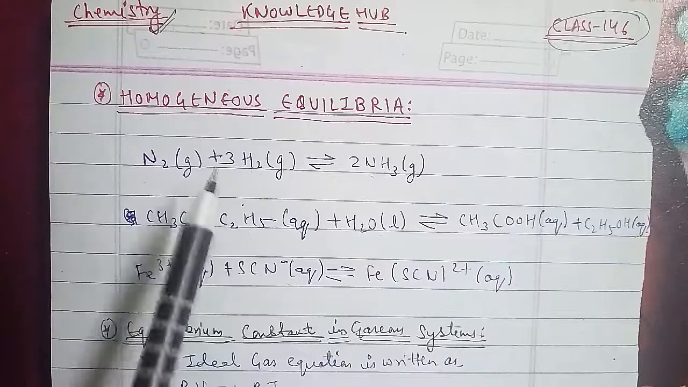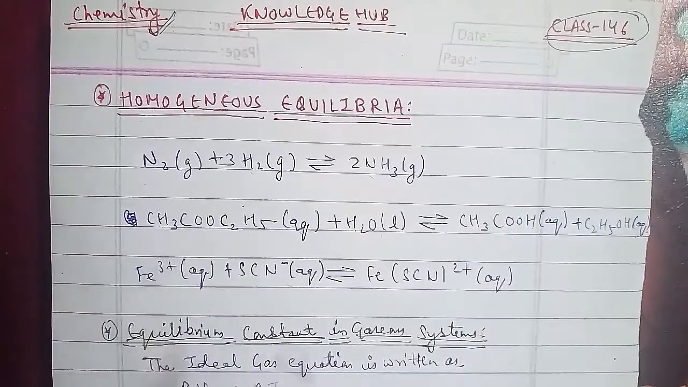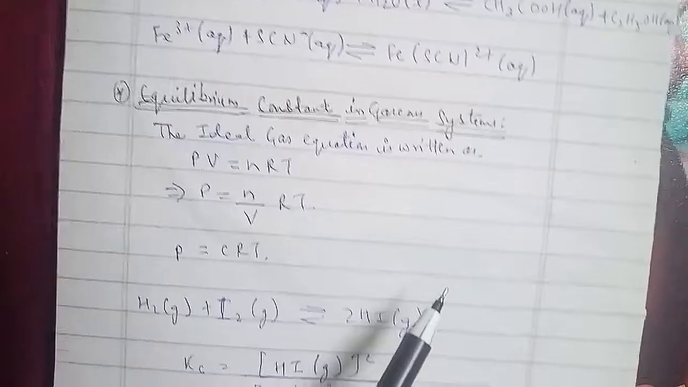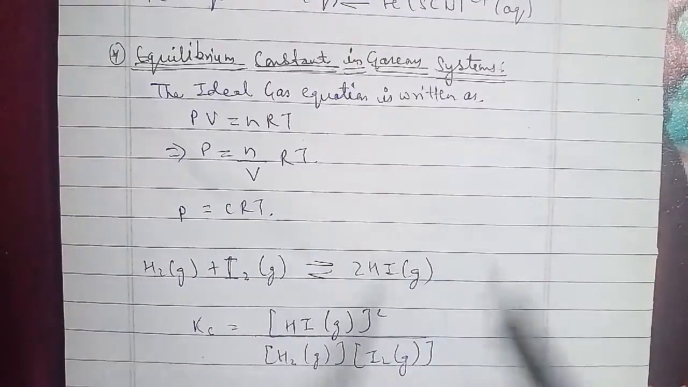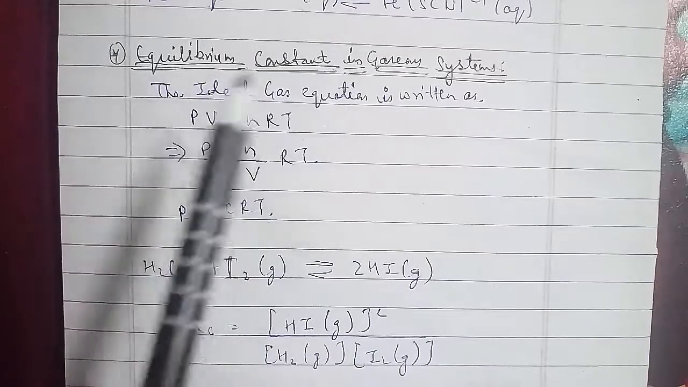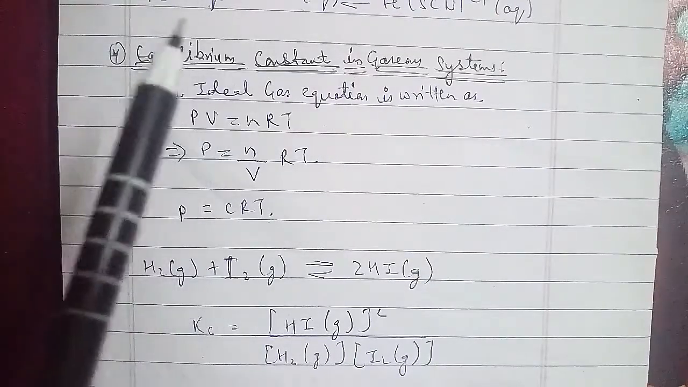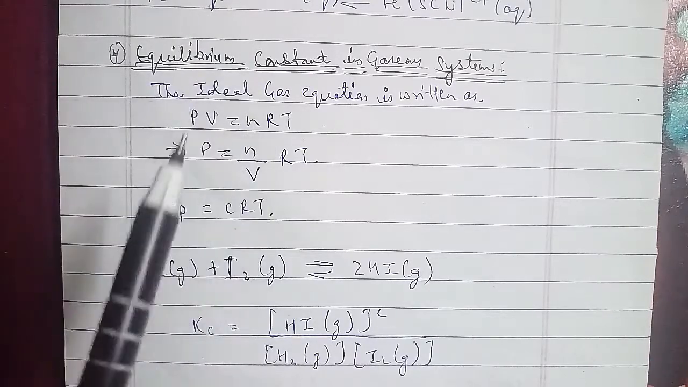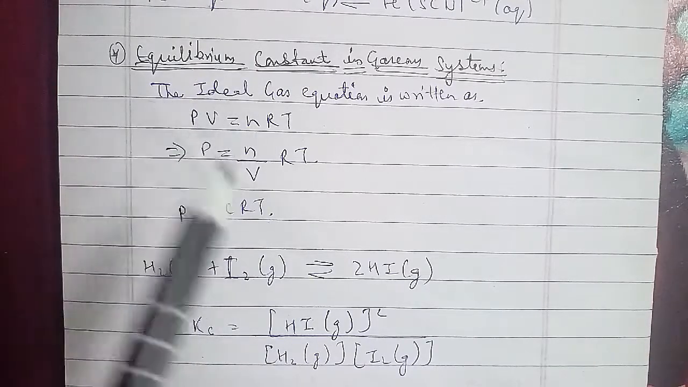gaseous state. As you can see, equilibrium constant in the gaseous state. For this, we can express the equilibrium constant of reactions in terms of the molar concentration of the reactants and the products, and use the symbol Kc for it. And for reactions involving gases, however, it is usually more convenient to express the equilibrium constant in terms